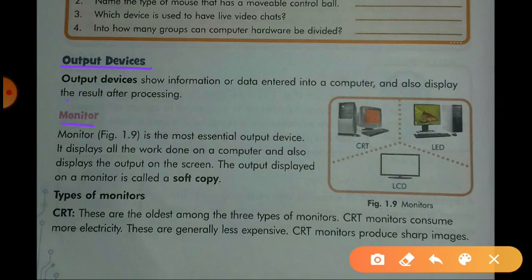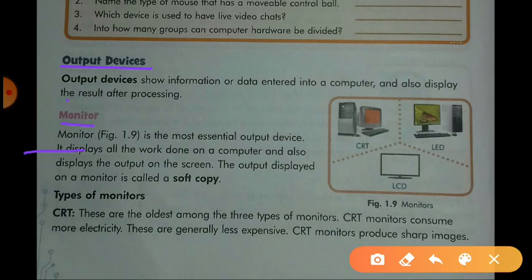Okay, monitor is the most essential output device. It displays all the work done on a computer and also displays the output on the screen.